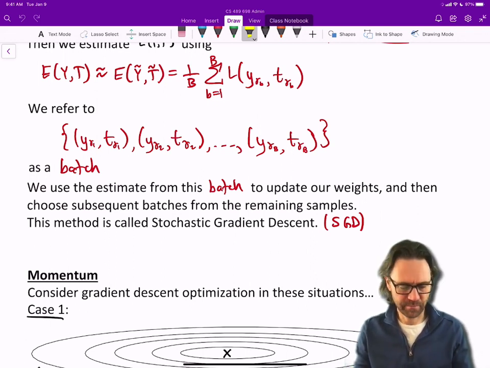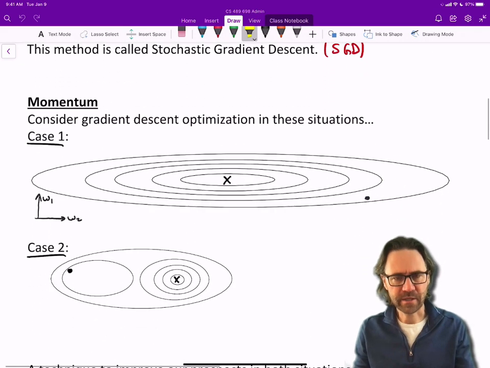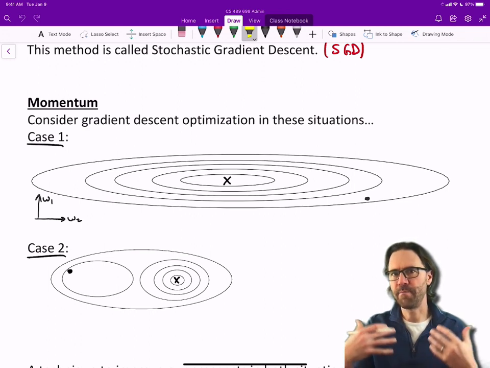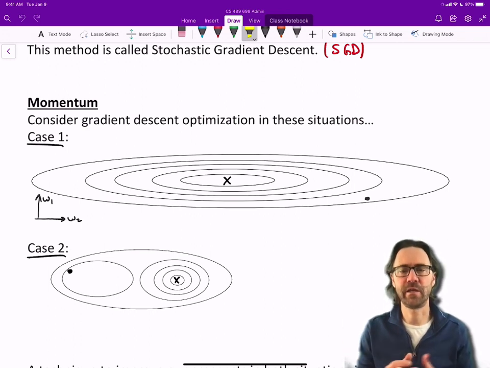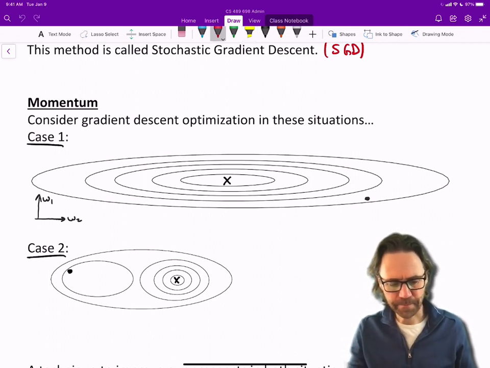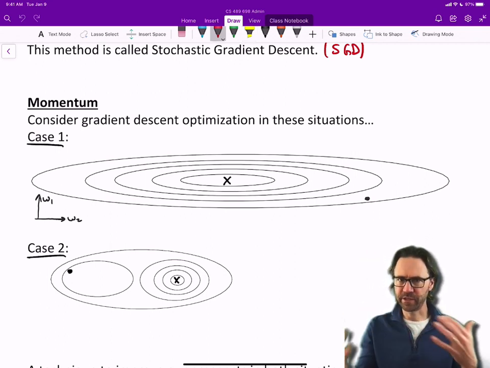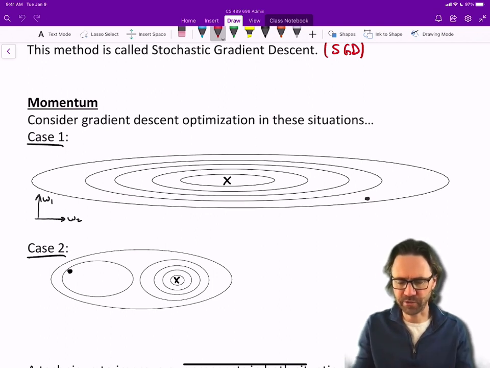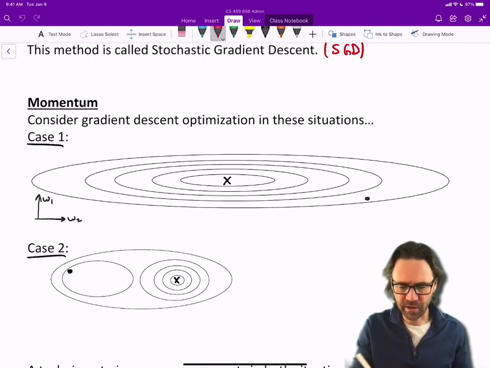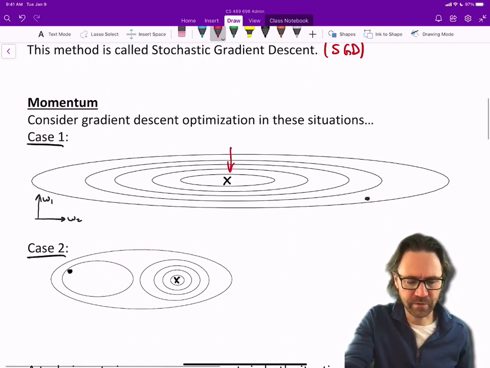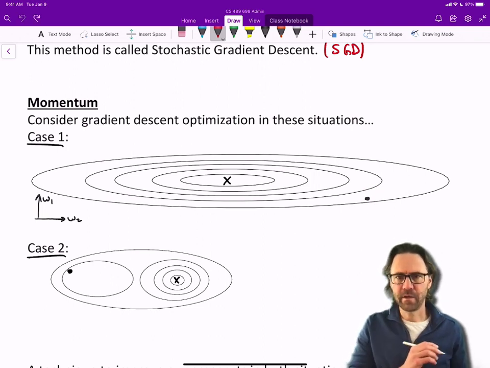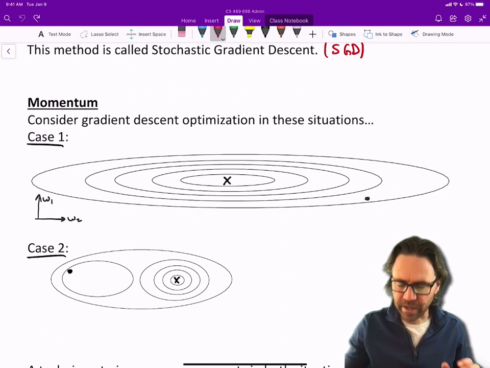Okay, let's move on to momentum. Momentum is the next method I'm going to talk about as a method to accelerate or aid in the optimization process. So consider a gradient descent optimization in these different situations. I'm showing here the level curves of the objective function. You can see the x here where we want to get to the minimum, but we're starting over at this dot. Now, if I were to take a gradient descent step,